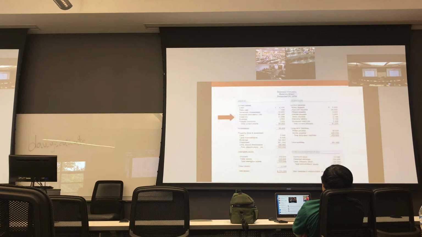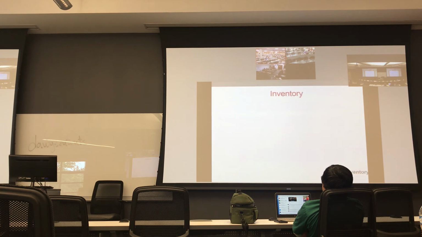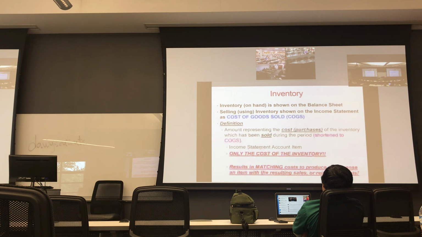All right, so our last few minutes are going to be on inventory, and this is the part that we have to work on. It's just going to be managing that number because it's a use of cash, and if we don't spend it right away, we have accounts payable. So inventory on hand and cost of goods sold is a line item straight from the income statement,